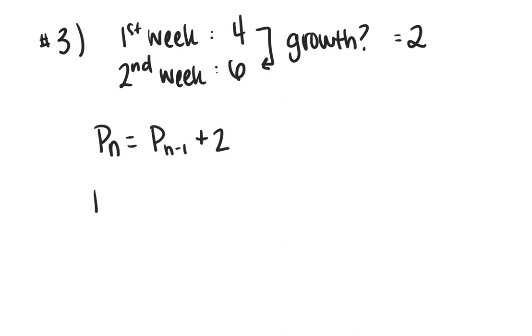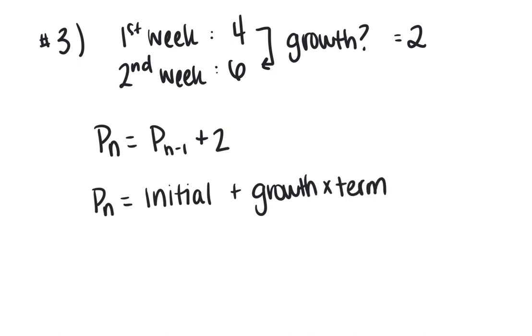But if you want the explicit form, that's where we take our initial, we add our growth factor times which term we're on. And if I want just the generic one, I'll take my initial value of 4 and add 2 times n, since our growth is 2, and we're going to do that n times. And so if we wanted to figure this out in, say, the 4th week, then I would take